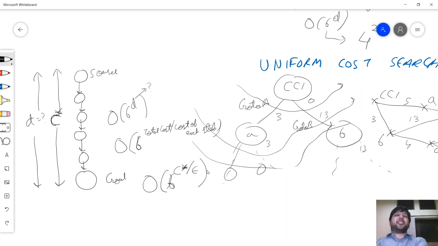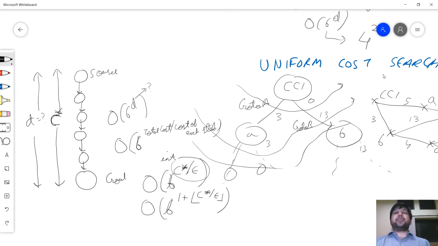Epsilon here is the least step cost that you get en route. It could be extremely small for problems, like you could get two intersections very close to each other. But then epsilon can be calculated. Now, you cannot have b raised to power something which is a float. D has to be an integer. So let me bound this to an integer, and using mathematical tricks that you know, it becomes b raised to power 1 plus floor of C star by epsilon.